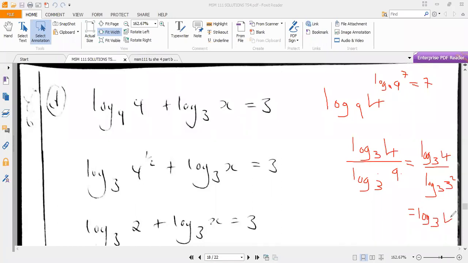Of 4 over here, when the 2 comes down here, it will be 2 log base 3 of 3, isn't it? Now, we know that the log